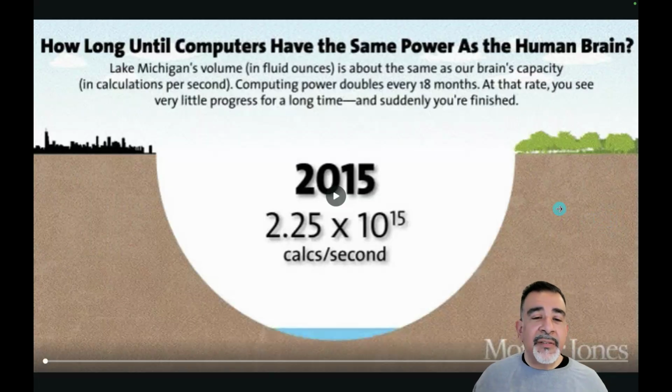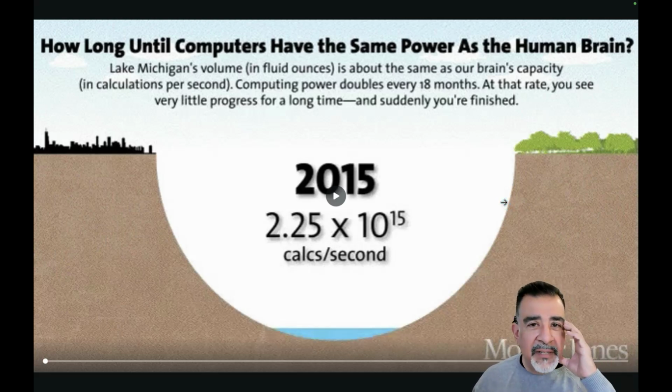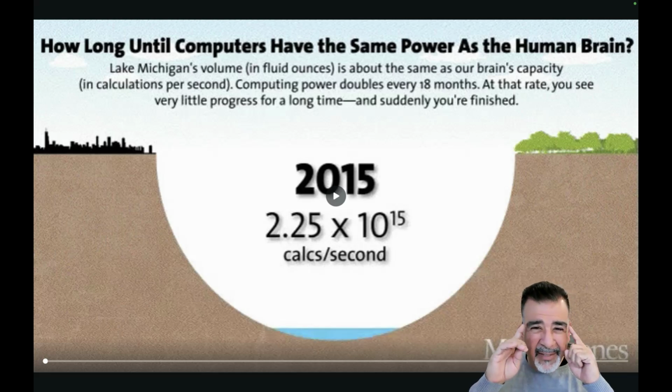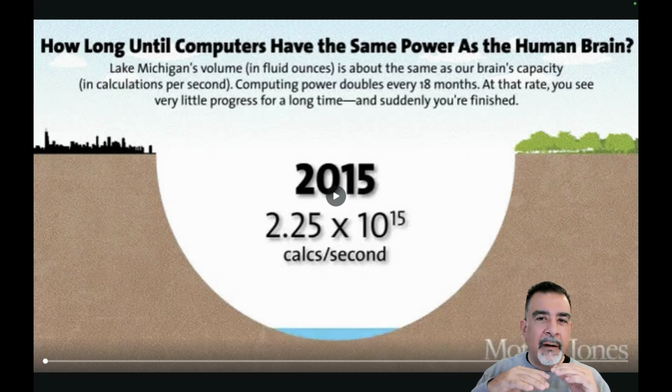Now this I want to show you, this is just kind of for fun, but this little video shows that if you likened the volume of Lake Michigan to the capacity of our brain, because Lake Michigan has in fluid ounces about the same number of fluid ounces that would reflect the calculations per second that our brain would make. Does that make sense? So like our brain's capacity to calculate per second is equivalent to how many fluid ounces you would put into Lake Michigan.